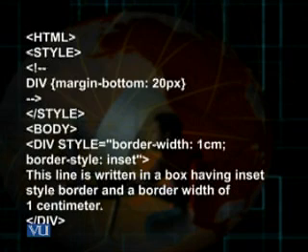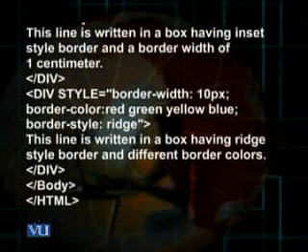Then the body tag, and I use the div tag using the inline style border-width 1 centimeter, border-style inset, and then the line, this line is written in a box having inset style border and a border width of 1 centimeter. So consequently, the box would be created having the width 1 centimeter and the style of the border would be inset.